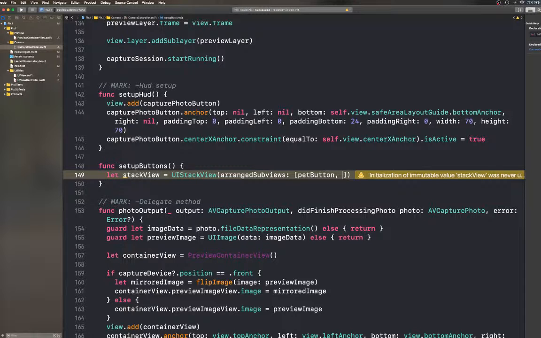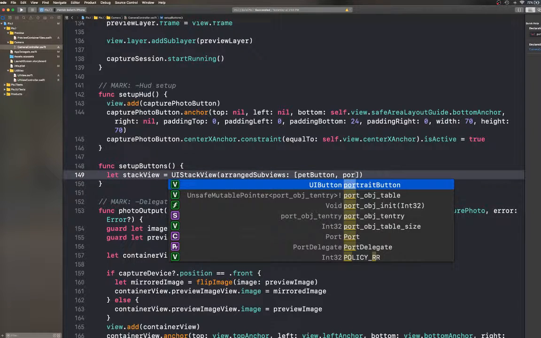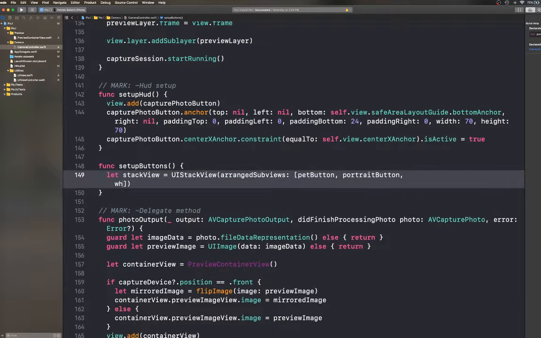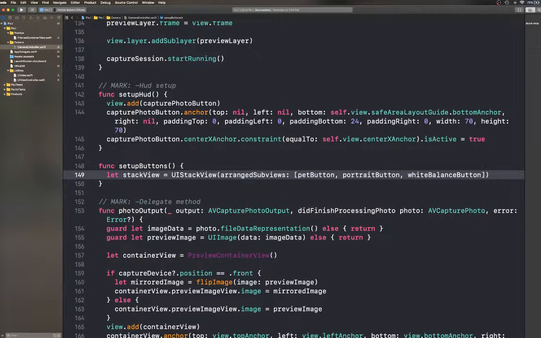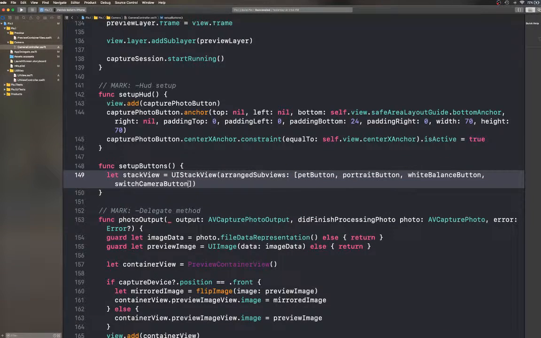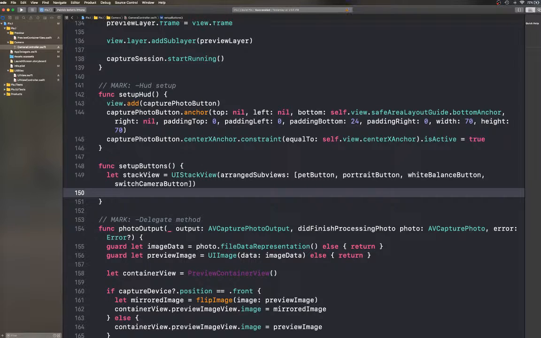All right, portrait button. We're going to do the white balance button. All right, so those are the four buttons that we're going to put in our stack view. All right, so our stack view